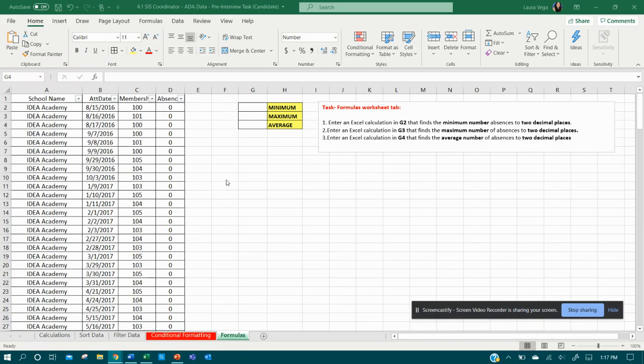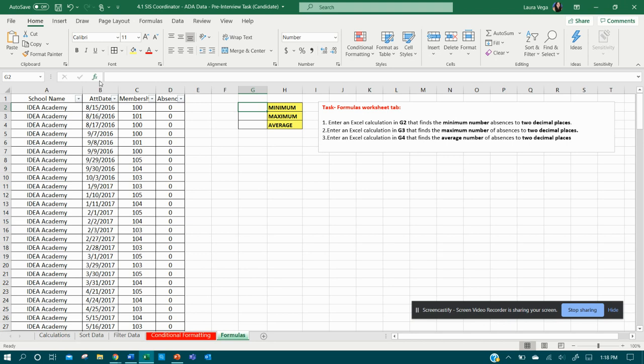So if you are not familiar with Excel, the way that you find G2, G3, and G4 is based on the column letter right up here, and then the row number. So here, G2, I would find G, row 2, and this is where I'm going to go ahead and put my minimum. Now, if you aren't familiar with how to find the minimum, maximum, average, sum, let me introduce you